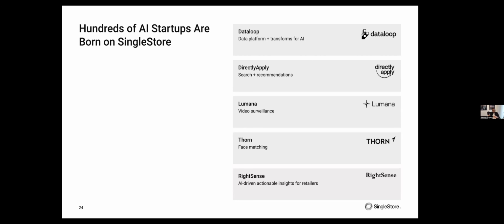There are many other customers, Dataloop, Lumana, Directly Apply, Thorn, RightSense, and several others. 15% of all SingleStore cloud customers are using vector search today. And so hundreds of AI startups are being born today on SingleStore in our trial experience, using our free shared tier, by the way, that Matt mentioned earlier.